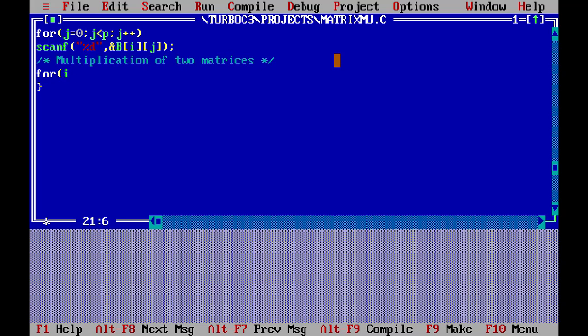So I am starting to type i varying from 0 to m, i plus plus. For j varying from 0 to n, j plus plus. So within that we have to do a little logic. So what that logic is,